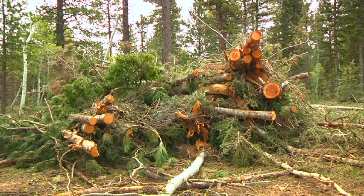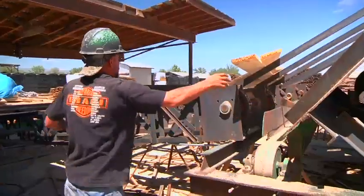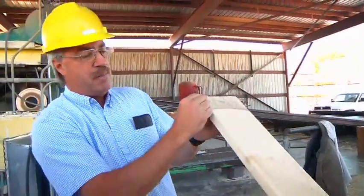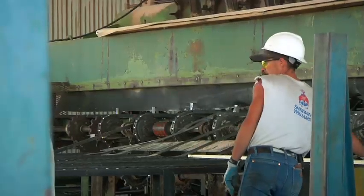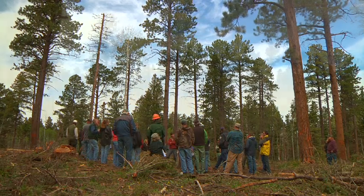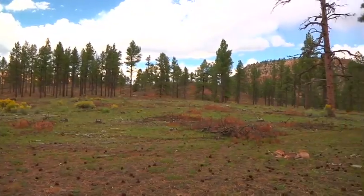But to remove the excess small diameter trees, the wood products industry has to figure out how to make the process cost effective. Eric Sorensen operates the Delta Timber Company. The Delta Mill is one of only 2 remaining large mills in Colorado. We're trying to look at every aspect of that log and get everything out of the log that we can. This collaborative effort on the Uncompahgre Plateau is expected to result in 10,000 treated acres a year for the next